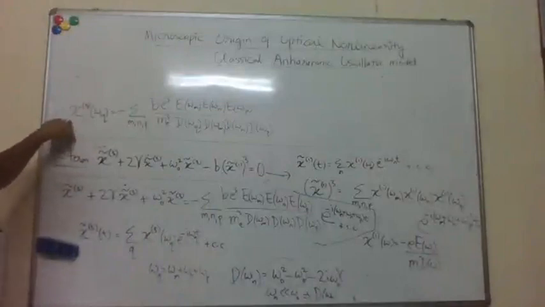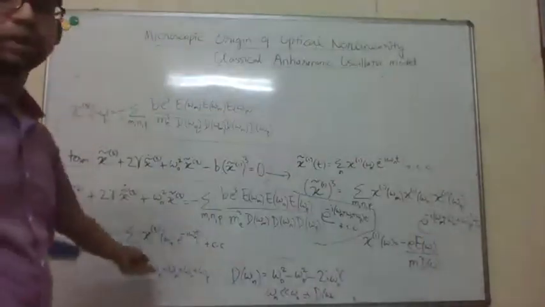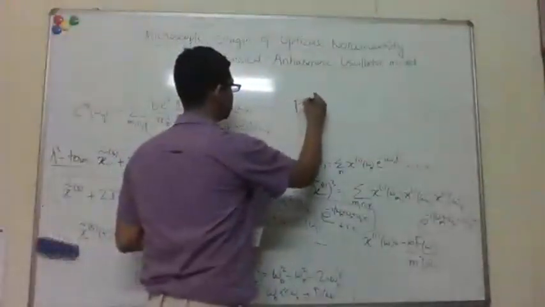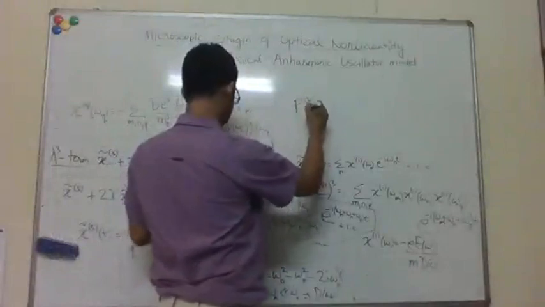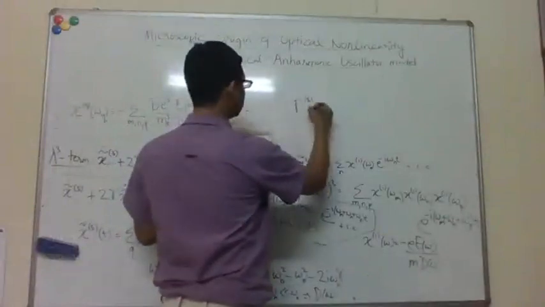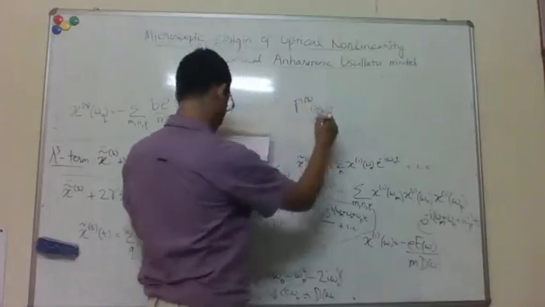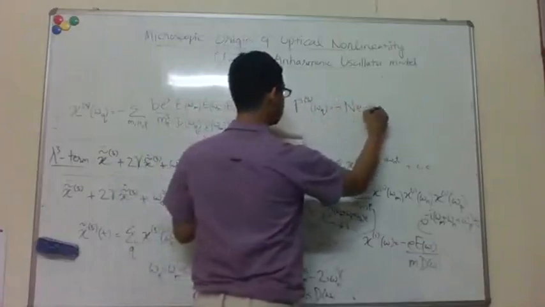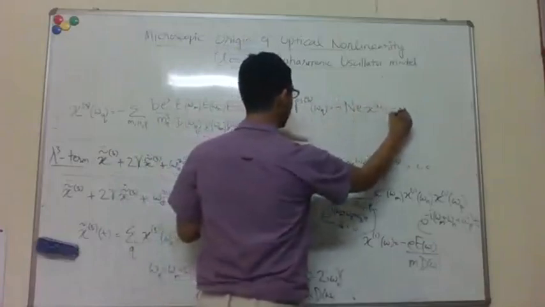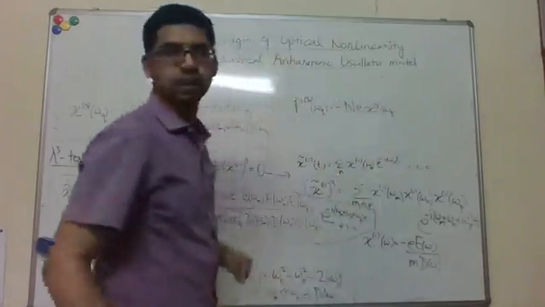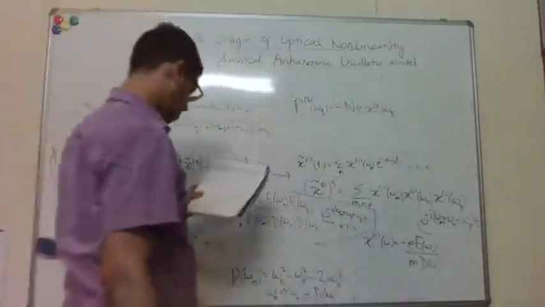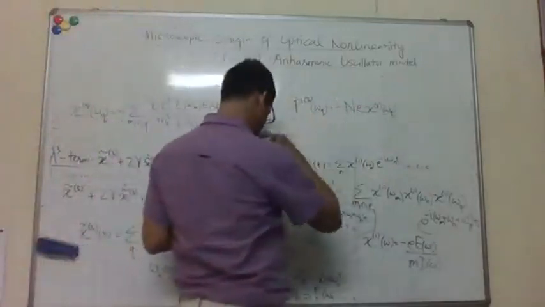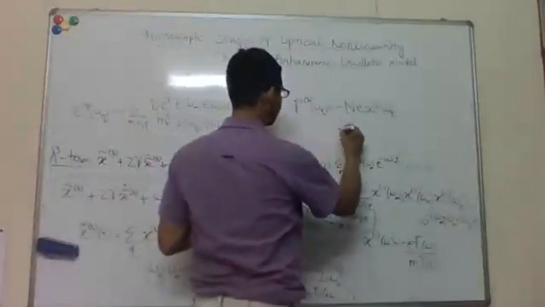So again, now if I have a displacement, I can define a dipole moment and I can define a polarization. So I can write the third order polarization at frequency omega q, again like atomic density times charge times the displacement. And I can equate this, in terms of the susceptibility,